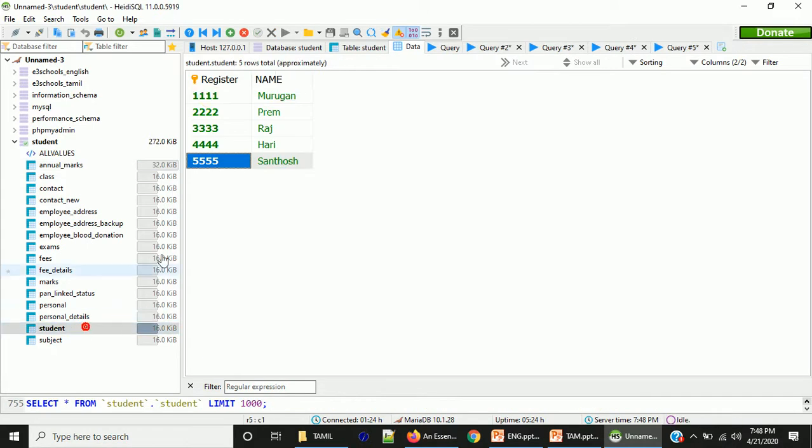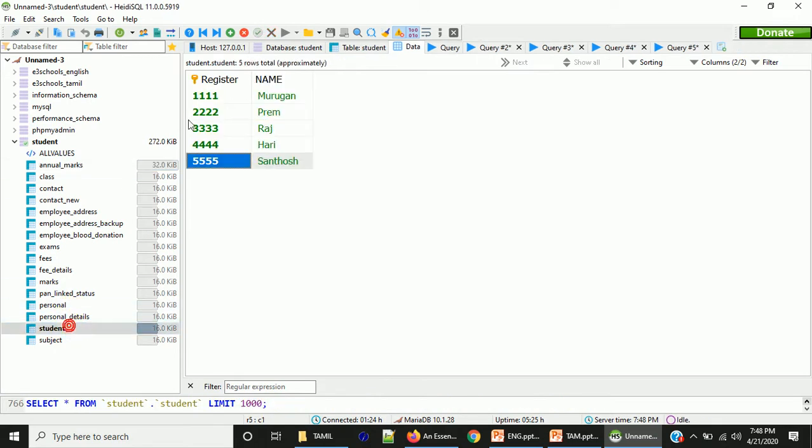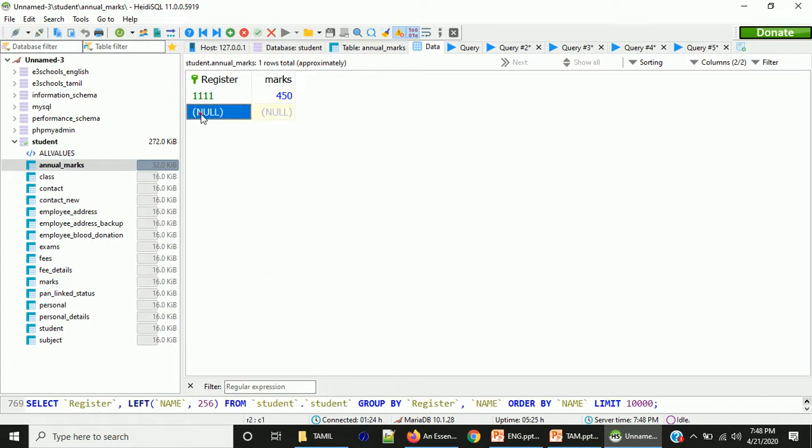These values are from this register column, because we have added this register column as foreign key to this register column. So if I try to insert any other values other than the values present in this column, it will not allow, because we have set foreign key. So from now on, the blunder mistake that happened before, the register number other than the 5 students, will not be able to be entered.